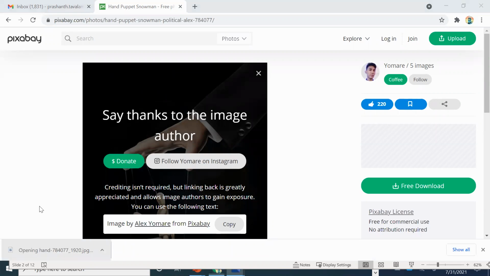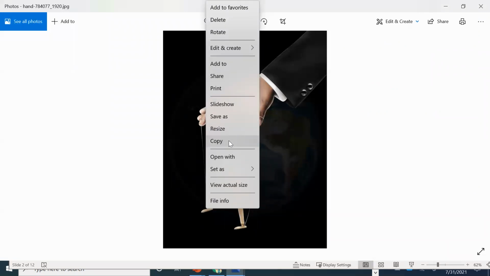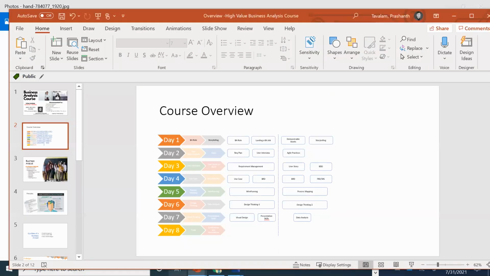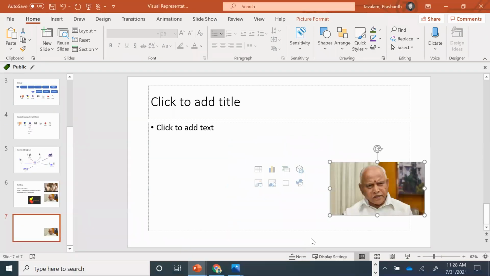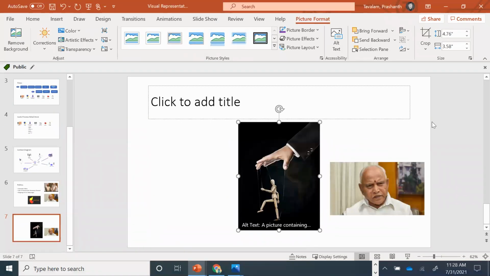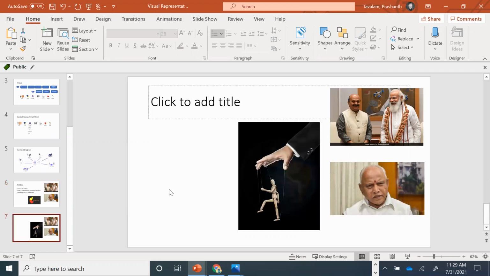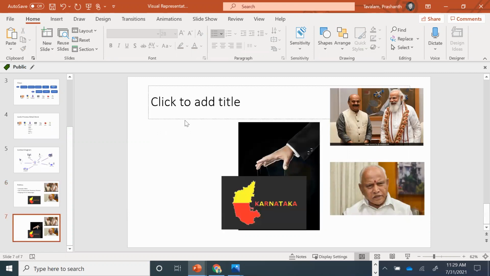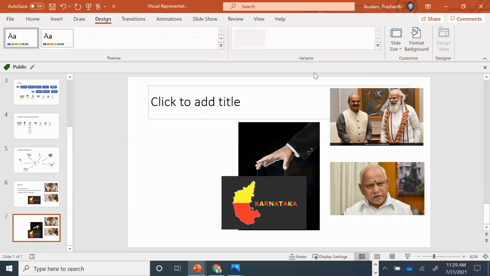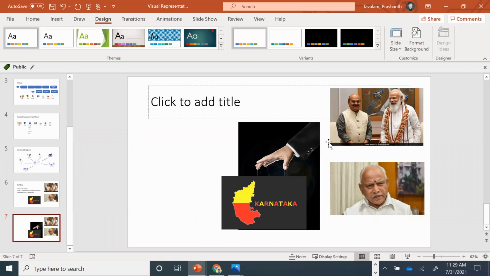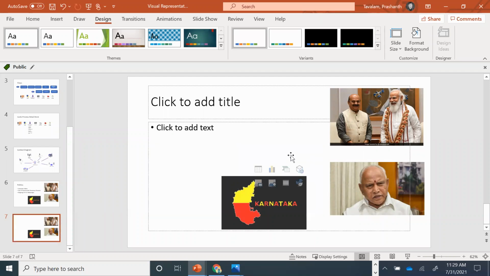So when high resolution images are there, your presentations look really good. Remove that, that's not needed.